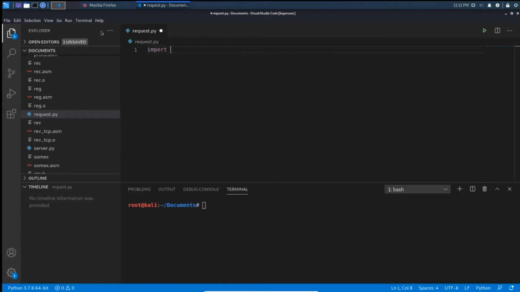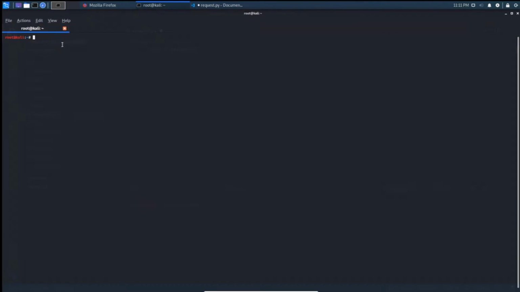First you need to import your module by using the import request statement. Many people don't have this request module installed in their Python. If not installed, then you need to enter this command in your terminal: pip install request. If there is no request module installed in our Python, it will install it for you. And if you are using pipenv for managing the Python modules, then you can use this command: pipenv install request.